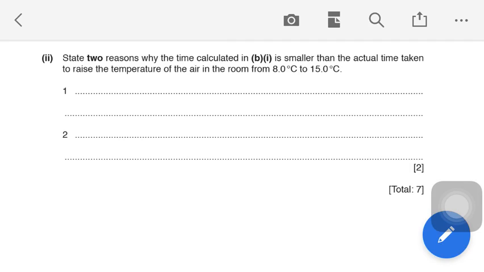So they are saying why the time calculated is smaller than the actual time. That means the actual time is more than this time,